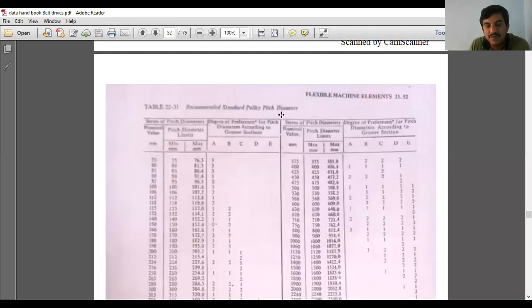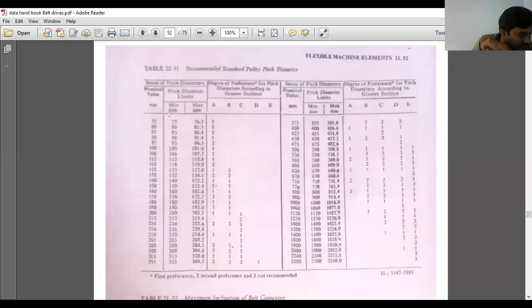Table number 21.31 gives the recommended standard pitch diameter. So how to select? Table 21.31.